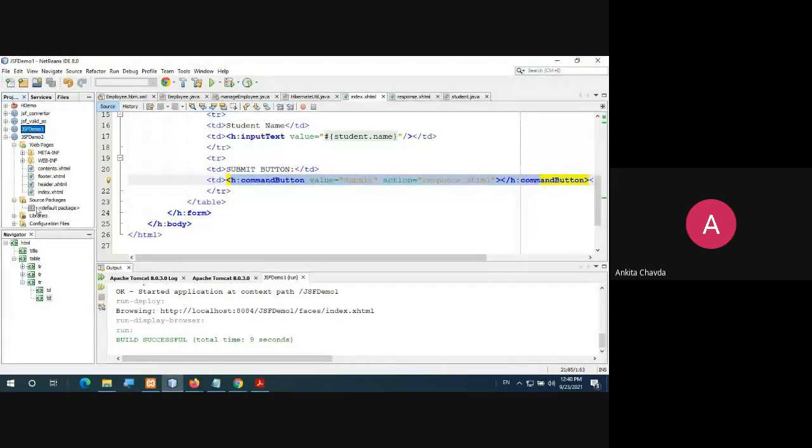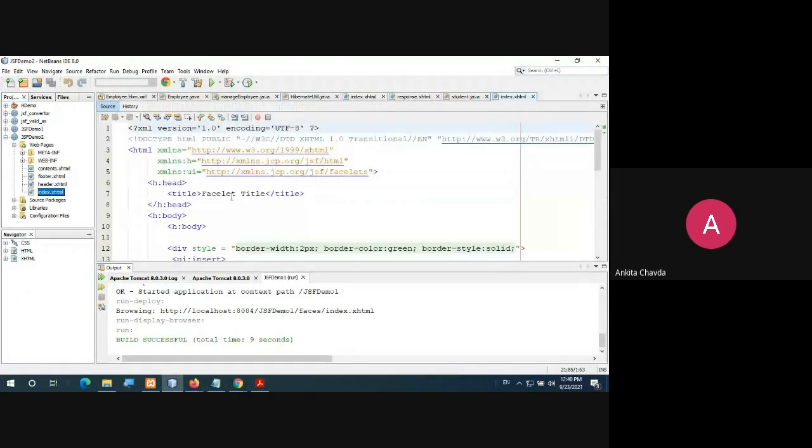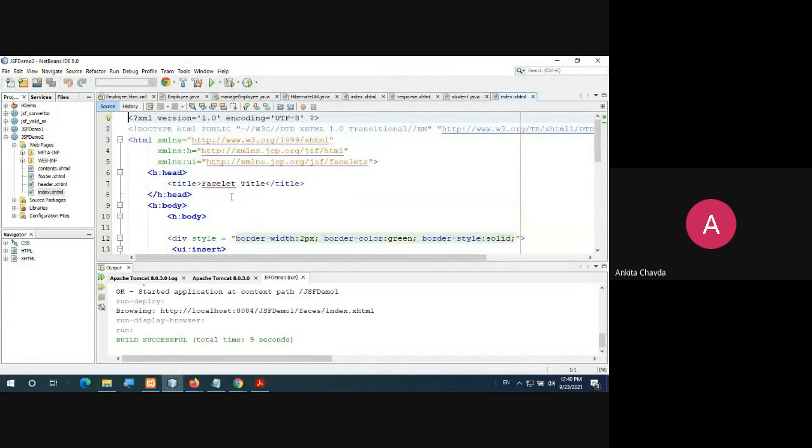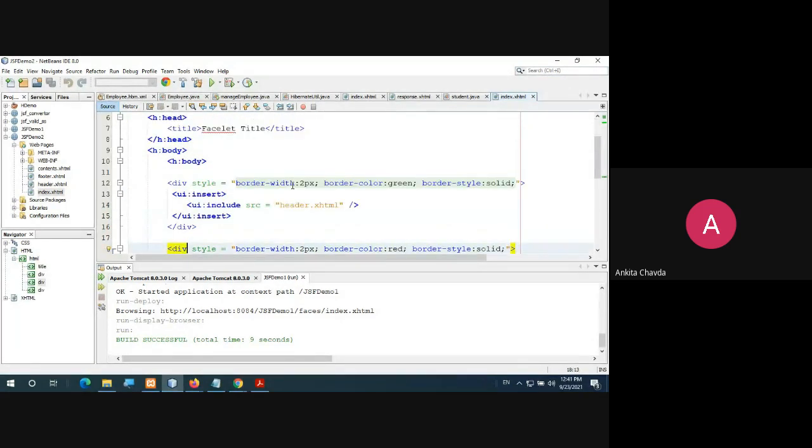You don't have anything in the source package. This is my index.html, the first JSF page, which will be created. This is my facelet, facelet title. Now you just need to check the different tags.